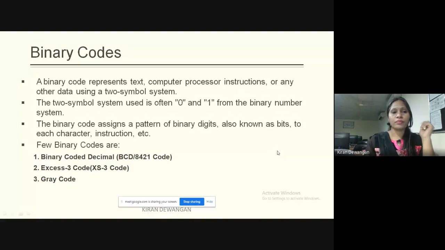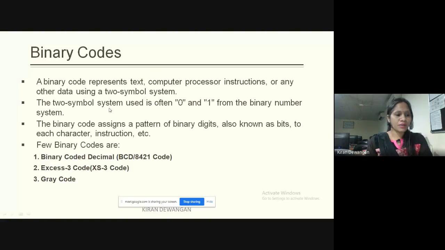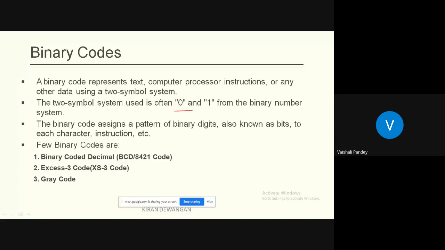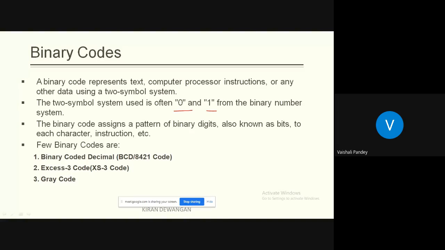Clear? So basically, binary codes, as I have already said, represent text, computer processor instructions, or any other data using two symbols. What are the symbols that we are using? The symbols that we are using are 0 and 1.